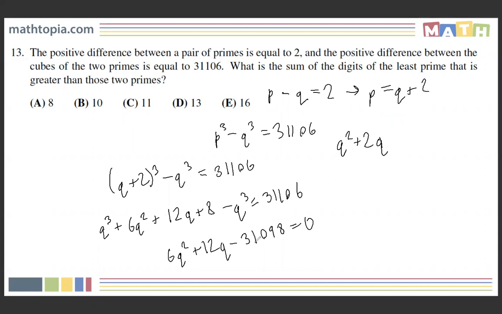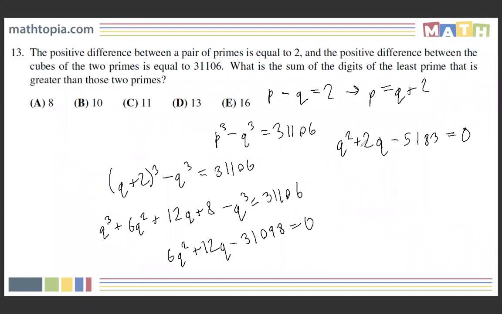So 31,098 divided by 6 is 5,183. Yeah, there we go. All right. So now we have to solve this quadratic. And in order to solve this quadratic,